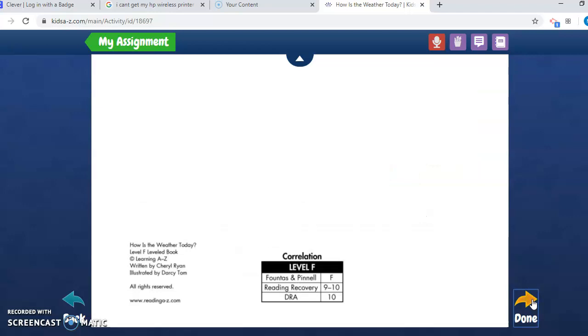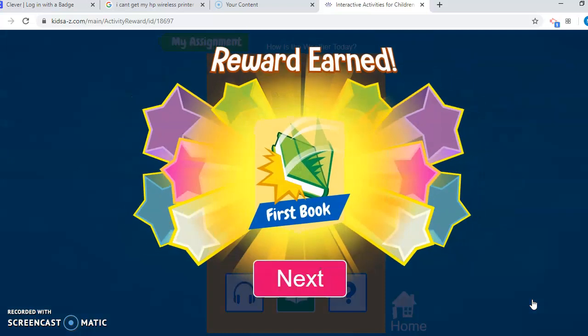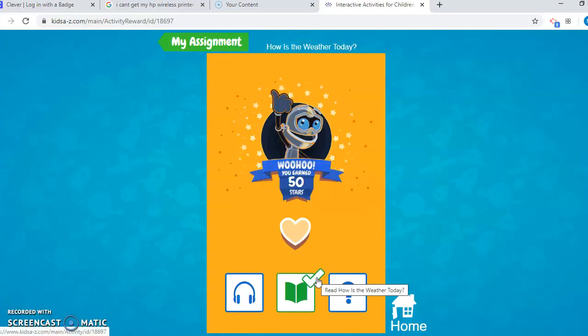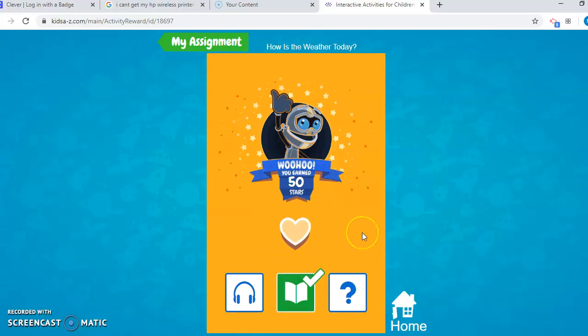Okay, so that's the end of my book. I click done, and I earned some stars. I earned 50 stars for reading the book. Every time you do one of these activities, you earn stars, and we'll talk about what we can do with those stars. All right, we don't have a lot of time, so I'm going to try to see if it'll